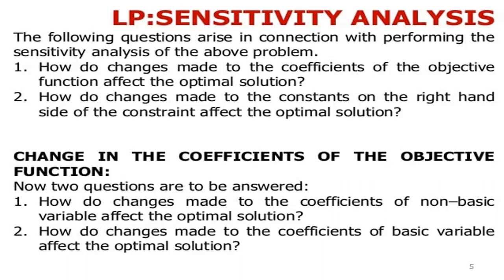So if we are given a linear programming problem, where the objective function is a maximization, maximization of the cost or of the profit, and we are given two constraints: 2x1 plus x2 is less than or equal to 8 for machine 1, and x1 plus 3x2 less than or equal to 8 for machine 2, and x1, x2 must be greater than or equal to 0.